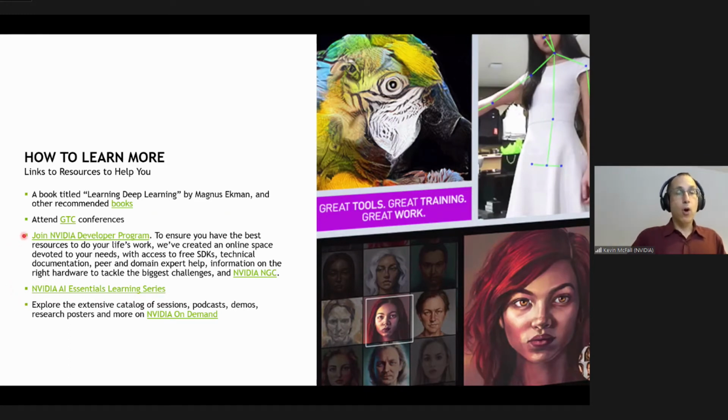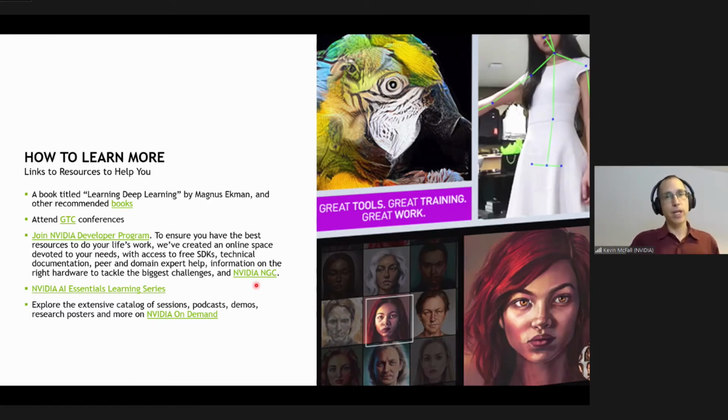Okay. There's also joining our NVIDIA Developer Program. That's how you get access to all of our software developer kits, like CUDA, like RAPIDS, like Triton Inference Server. So that's your portal into all of the different SDKs that NVIDIA has to offer. And I mentioned earlier the NVIDIA NGC.